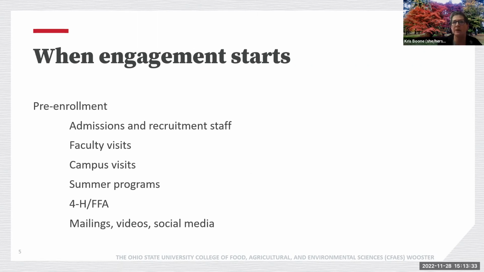So engagement really starts while we're doing the recruitment process. It's not apart from that. Every time we have a summer camp, that's an engagement point for us. And so recognizing that these are ways that we're onboarding students. We all know when you have a faculty visit, when you have a campus visit, you are most likely going to get that student. And I know that we've often had ones that would go down the K-State, Oklahoma State, Texas Tech corridor to see where they felt like they fit the best. And that's because we're all working to engage those students. So a lot of that can happen with our admissions and recruitment staff.